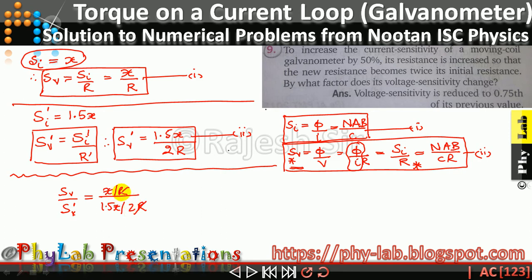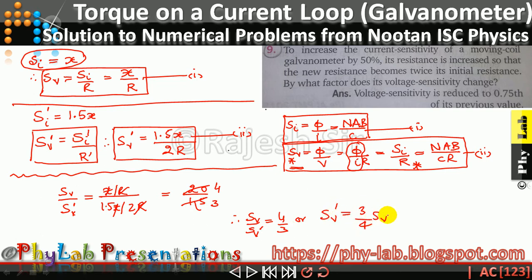This R and this R cancel out, and this X and this X cancel out. So I will have 2 upon 1.5. Solving it, 5 fours are 20 and 5 threes are 15. Therefore, SV upon SV dash is equal to 4 by 3, or SV dash is equal to 3 by 4